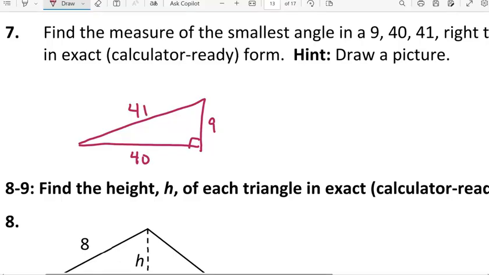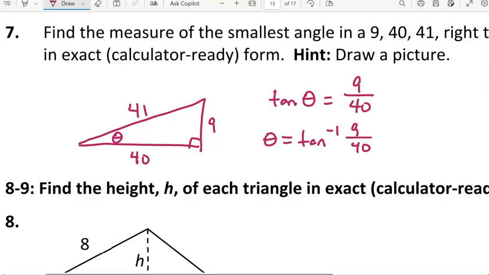The smallest angle, let's call it theta, is opposite the smallest side. So if I take the tangent of angle theta, then that would be equal to the ratio of the opposite over the adjacent side lengths. And if we undo the tangent here, then the measure that's represented by theta is equal to the inverse tangent